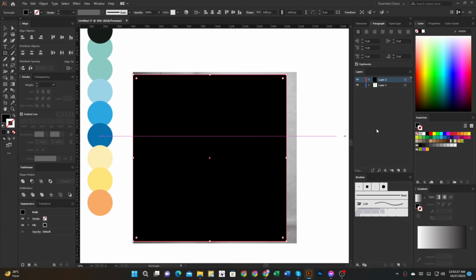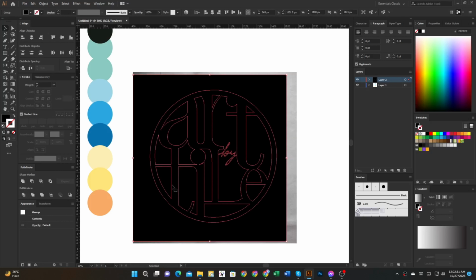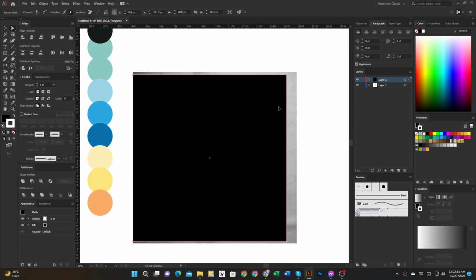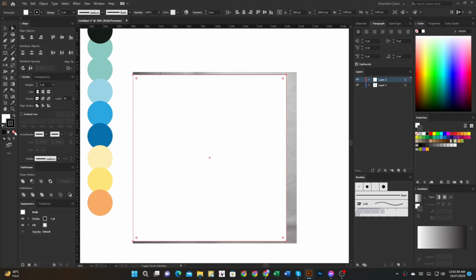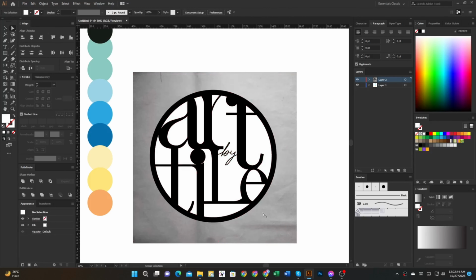Now, pick a shape for logo color selection. Okay.